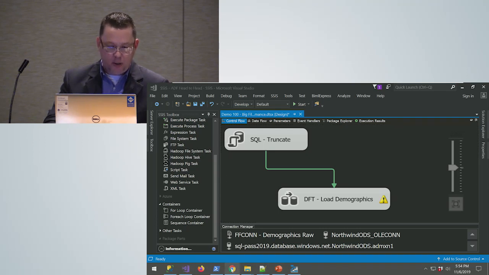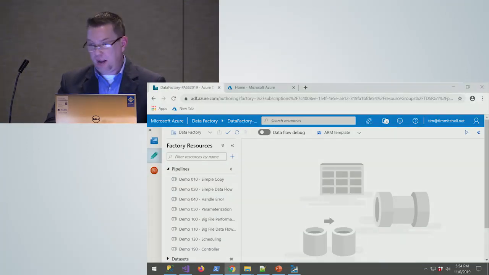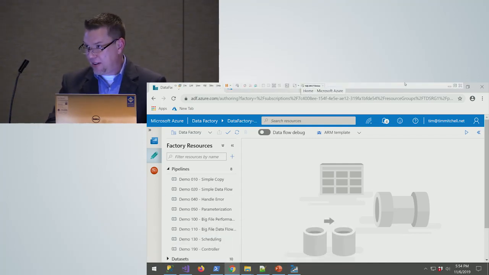That's one thing that you're going to notice about Azure Data Factory: you're no longer developing in Visual Studio. You're developing in your web browser. I'm not a huge fan. I love Microsoft. They make a lot of good tools. I wish they'd stay out of the browser business. I'm not a fan of IE.